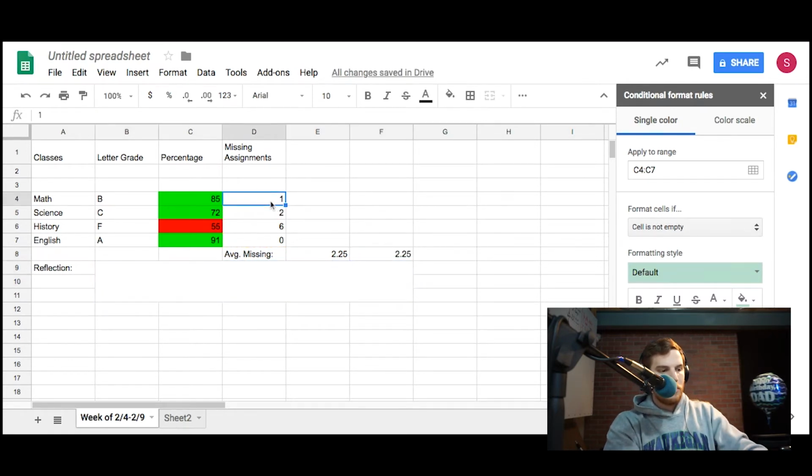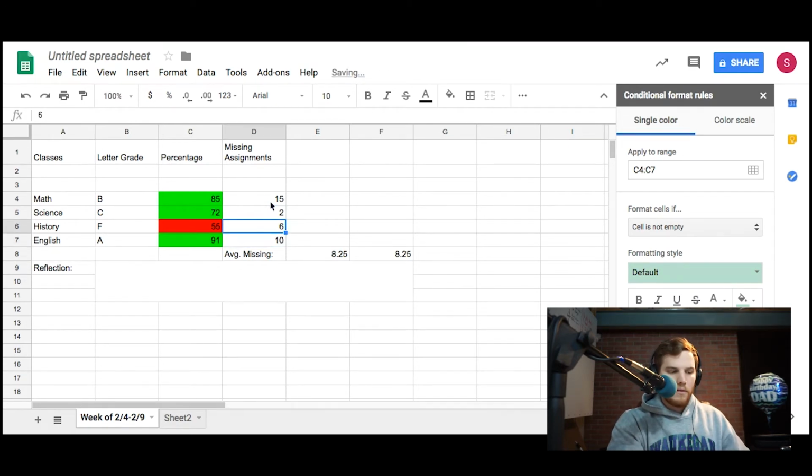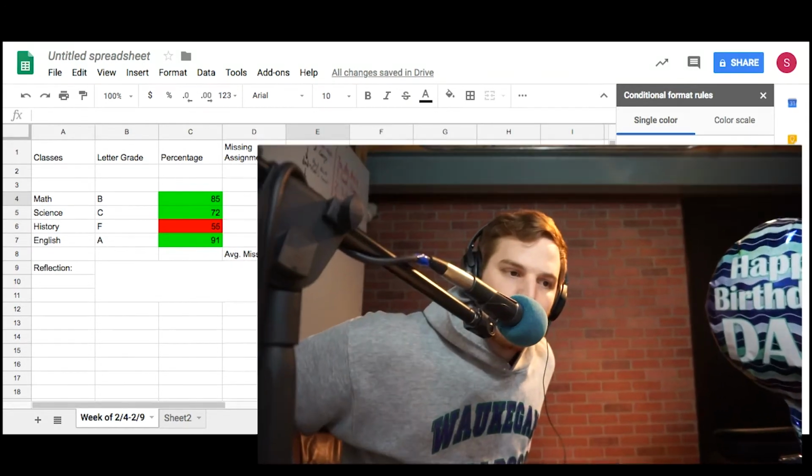So if I change this number to like a 3, it'll change that number down there. If I change it to 15, it'll change. If I change this to a 10, it's going to change. If I change them all to zeros, which would be the best case scenario, you have 0 missing assignments, which is awesome. So just to recap,